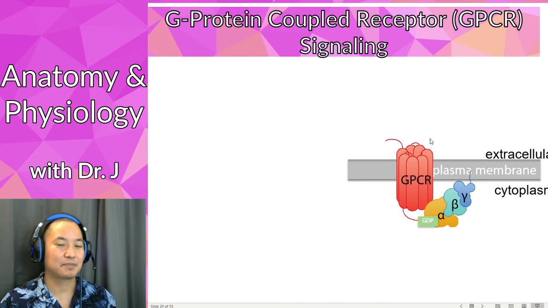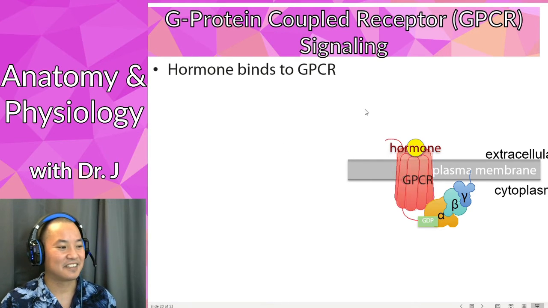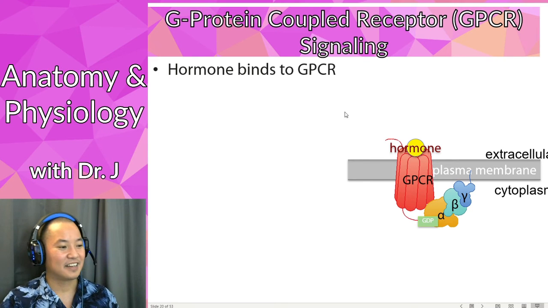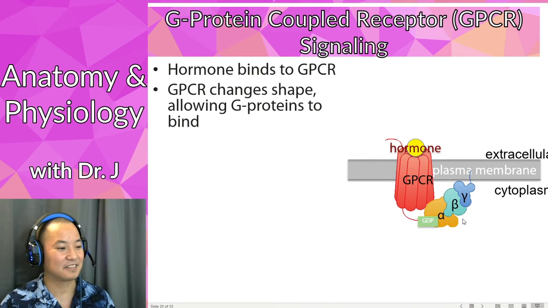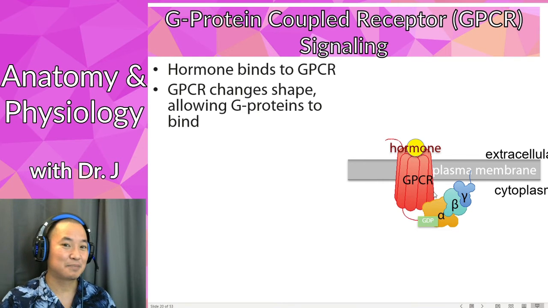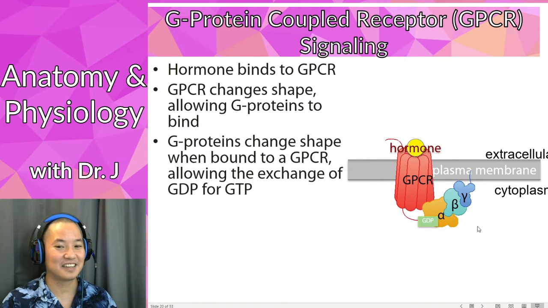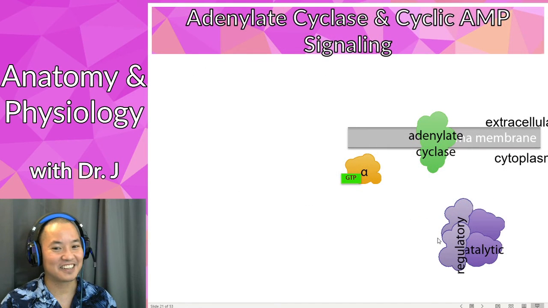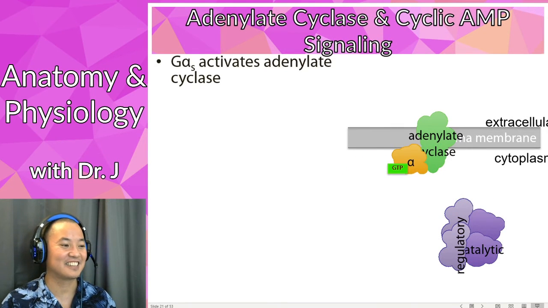These are a big family of protein receptors. So here we have a hormone binding to a protein receptor, this G protein coupled receptor. And so it binds to here, and that causes a change in it. That's why I use that ignition analogy. It causes a change in the shape of the receptor, and that allows these G proteins to bind. And then these G proteins change shape, and they exchange the chemical GDP for GTP, and this causes it to break apart. When the alpha subunit breaks apart, it goes to adenylyl cyclase or adenylate cyclase, same name. There are different names for the same thing.